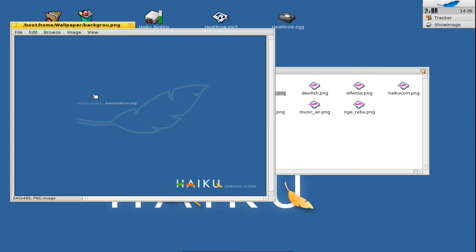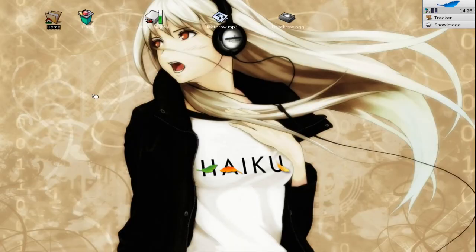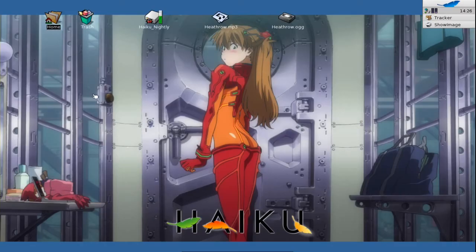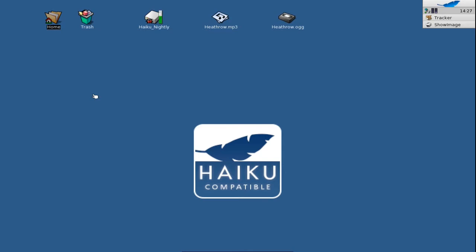We now have the processing power so that we can use several different virtual desktops, and Haiku provides those virtual desktops, and you can switch easily with the key combination Alt and then the F keys. For example, I will now switch to my second desktop by pressing Alt F2, and you can see my second desktop, which has another background, and the third desktop has another one, and the fourth desktop as well. So now I can open up some other applications here